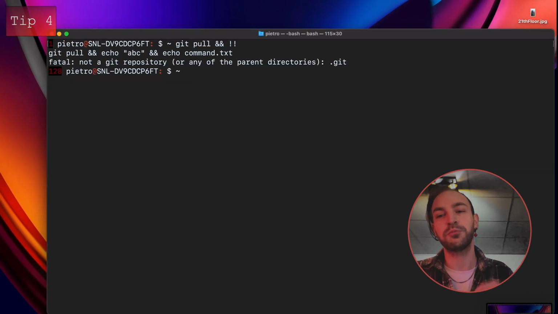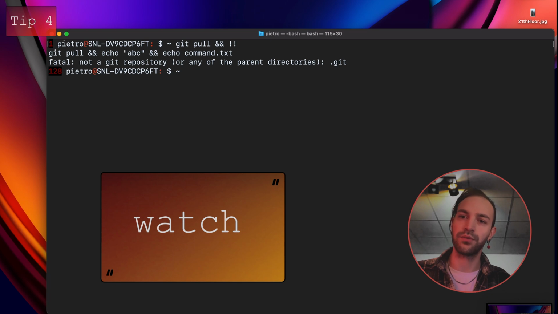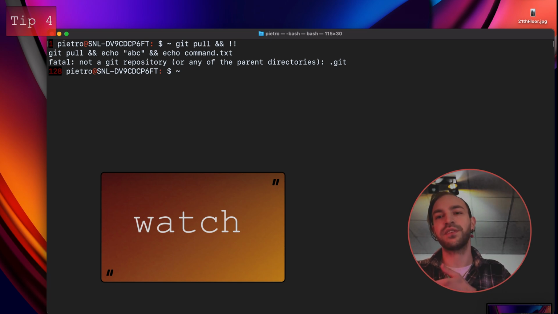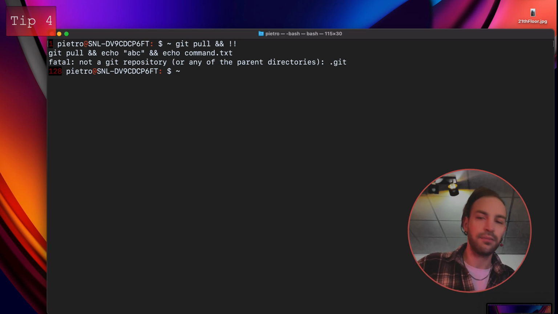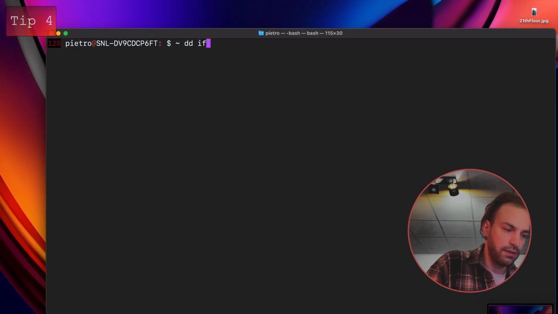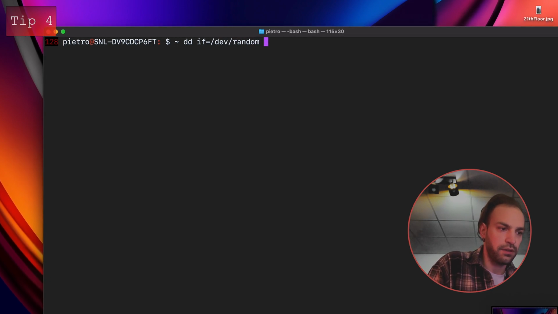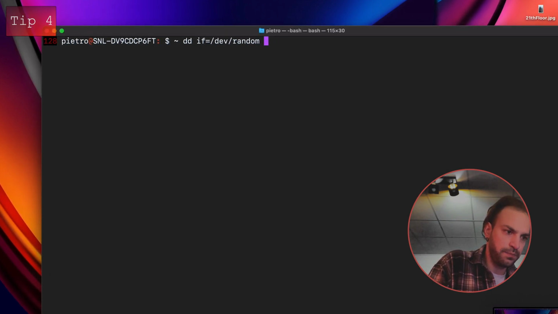My fourth tip here would be about watch. And no, I'm not talking about timekeeping, I'm talking about re-executing a command to evaluate the status and progress of an activity we are running somewhere else. We can, for example, copy a random string of bits into a file and then watch the file grow. So it's gonna be dd input file /dev/random,